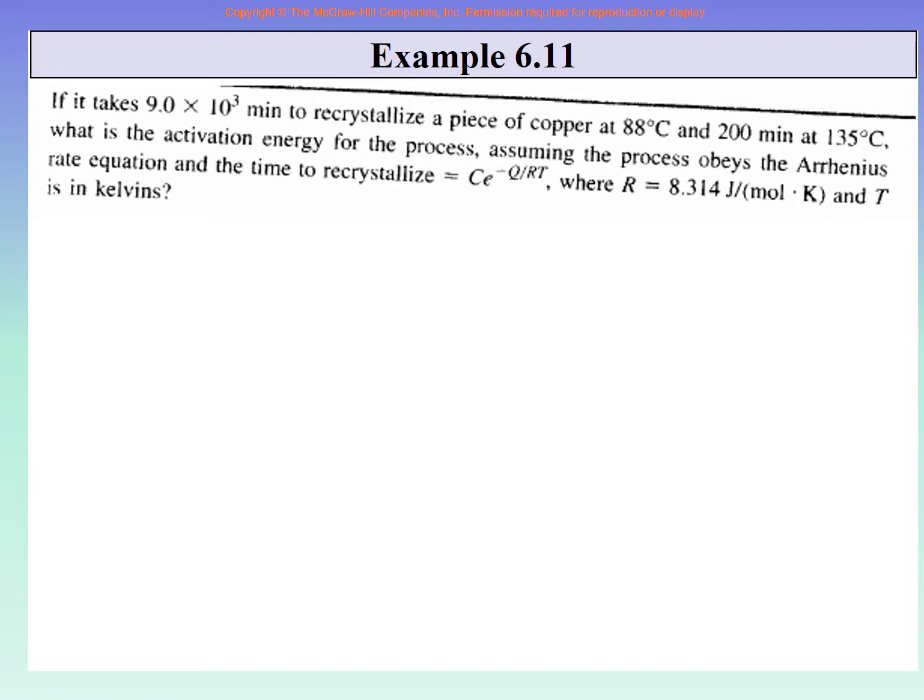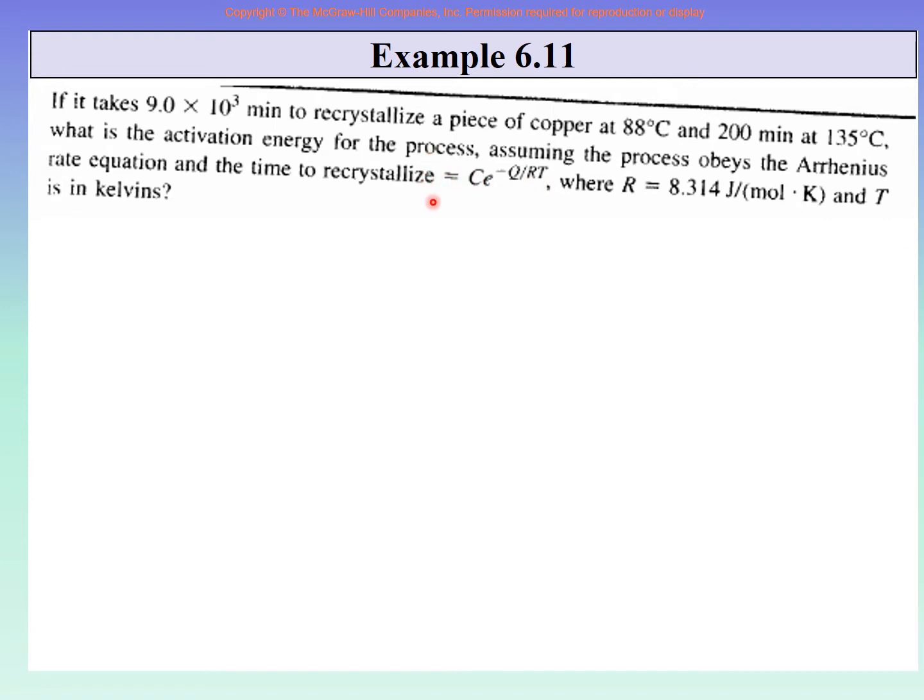So there were two constants there, sigma naught and k, and you wrote the Hall-Petch equation one time with the first conditions and second time with the second conditions. Now you had two equations, you had to solve them simultaneously. So here the same thing is there. The equation is given.